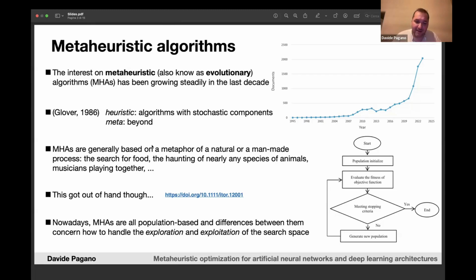But regardless of this proliferation of techniques, they have a common foundation. They are all iterative algorithms, and they are based on a population of agents. These agents move and interact according to the specific rules of the algorithm, with the goal of efficient exploration and exploitation of the search space. Exploration is about making sure that all regions of the search space are evaluated. Exploitation is when you identify a promising region and make sure you are able to find the minimum there.